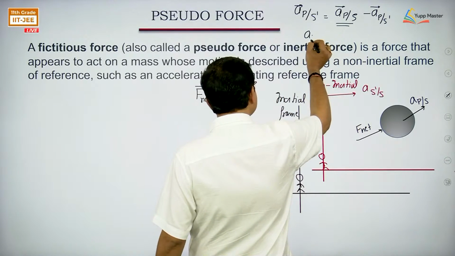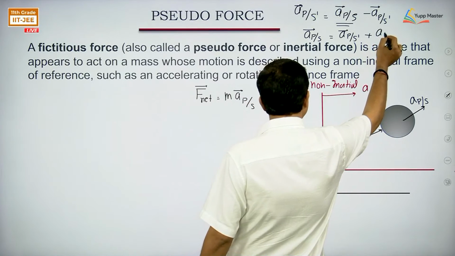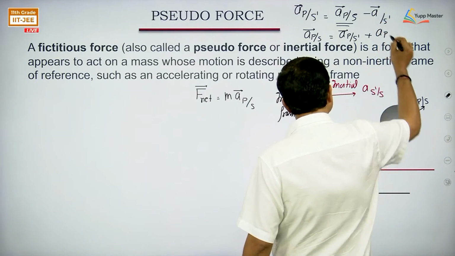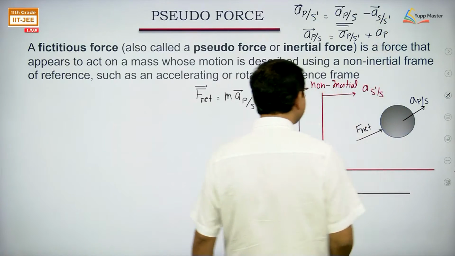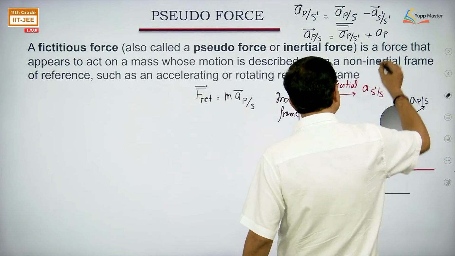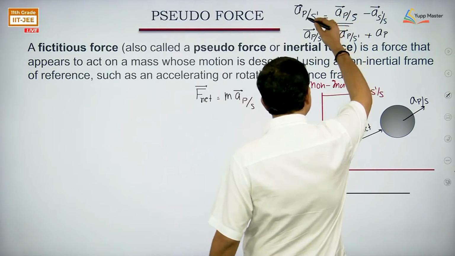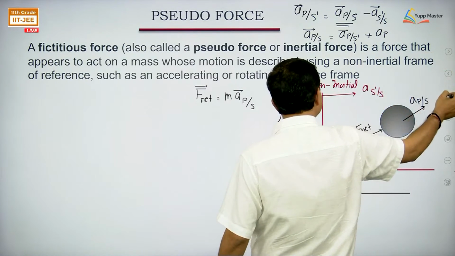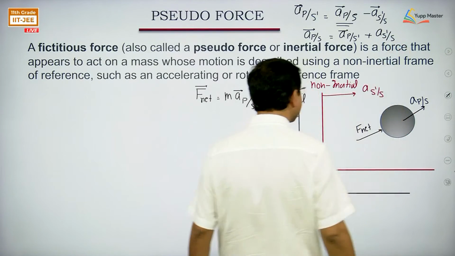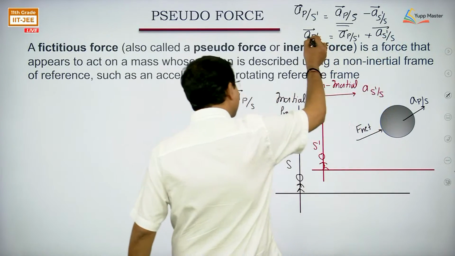I can rearrange: acceleration of particle with respect to S is equal to acceleration of particle with respect to S dash plus acceleration of S dash with respect to S, relative acceleration formula. A small change in this one. Now, this I want, if I rearrange, I'll get this term plus acceleration of S dash with respect to S, right. Now, if I substitute this in this equation,